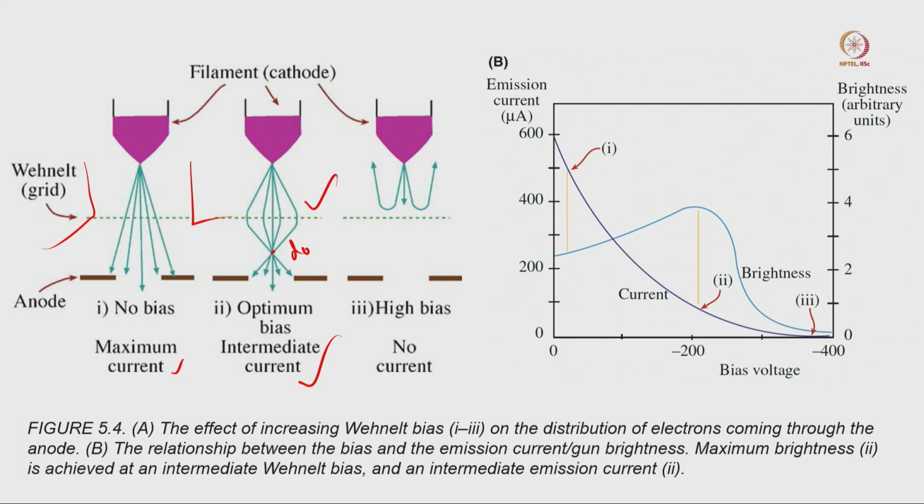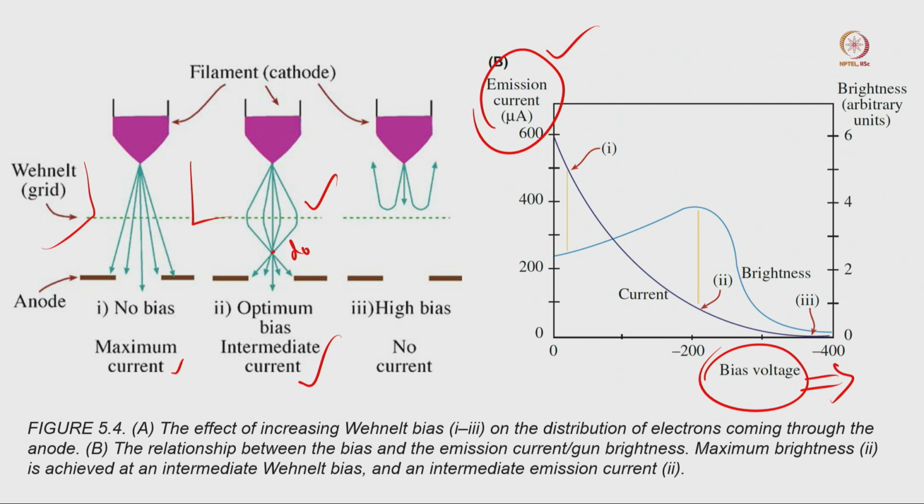So here again you can see the emission current and the bias voltage. What is the relationship between emission current and the bias voltage? Bias voltage means the Wehnelt cylinder voltage. So what kind of Wehnelt cylinder voltage can we use to get the maximum brightness? If we don't have any bias voltage, meaning there is no Wehnelt cylinder, someone can expect that most of the electrons will come out. It is not going to block or converge somewhere. We can get the maximum current, but is it going to give the maximum brightness?